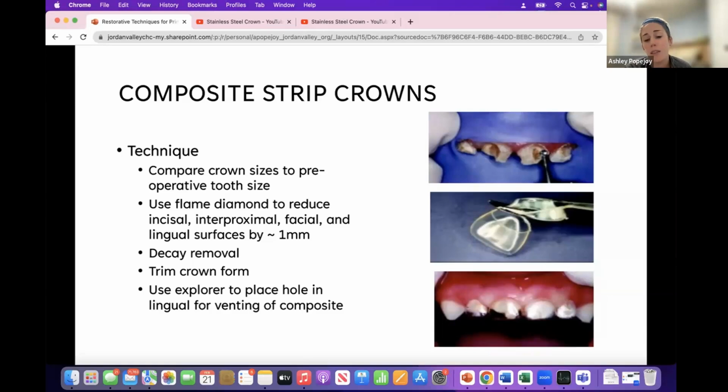One of the benefits of using composite strip crowns over the stainless steel or the zirconia crowns is that the preparation requires much less loss of tooth structure than the other types of crowns. So I only have to reduce 1 millimeter, whereas I have to reduce quite a bit more than that for zirconia crowns. Then I am going to make sure that all of the decay is removed, trim the crown form,